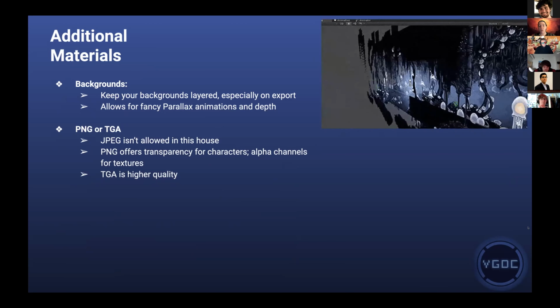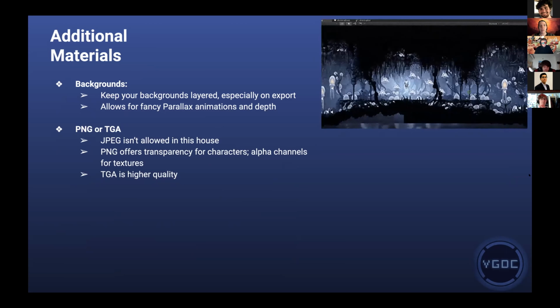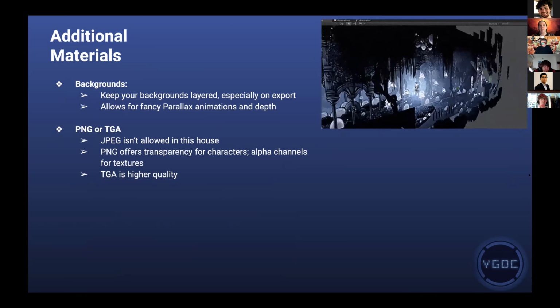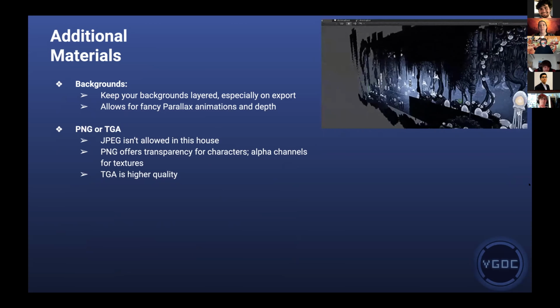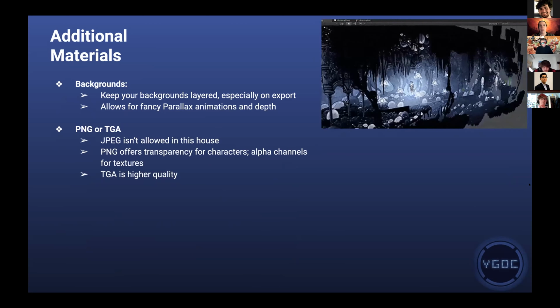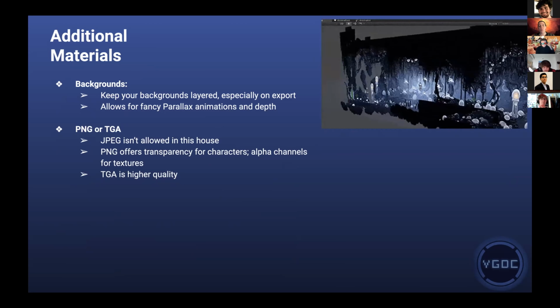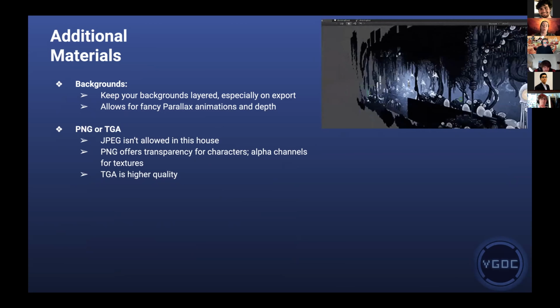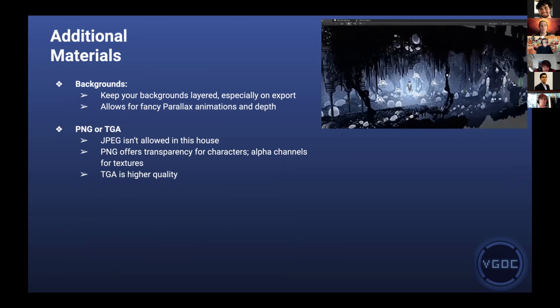So usually if you like painting on one image, like one layer, that's totally fine. Just know that, depending on what type of background you're going to go for, it may be better to have it split up than on one flat image. And then when you finally finish your art and you want to get to exporting it,